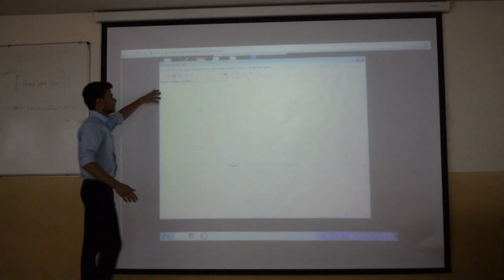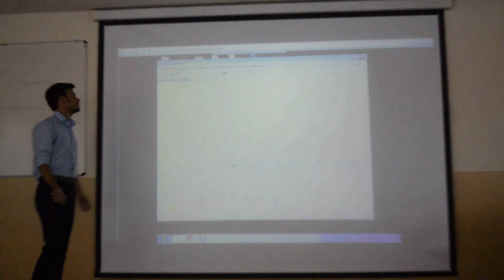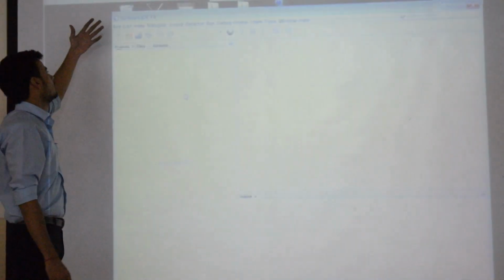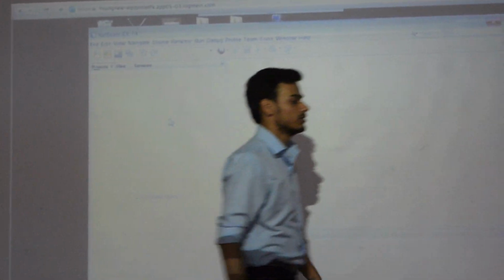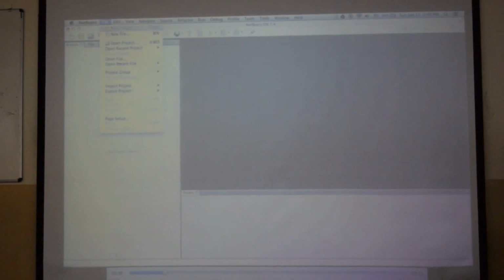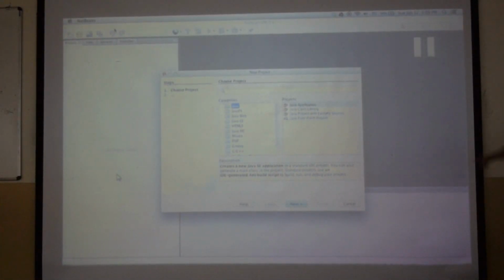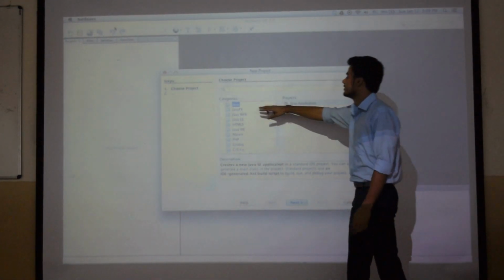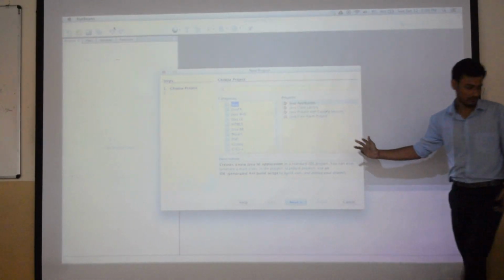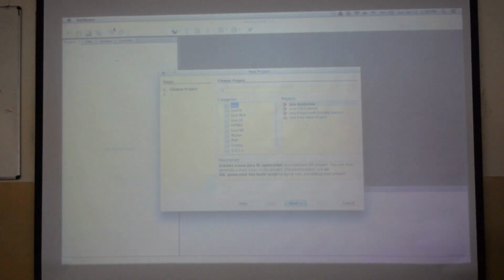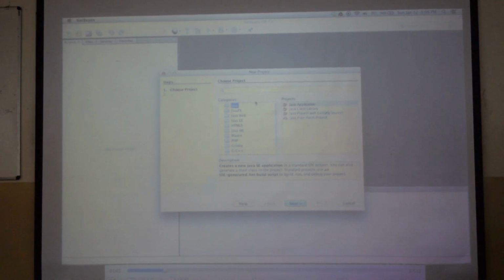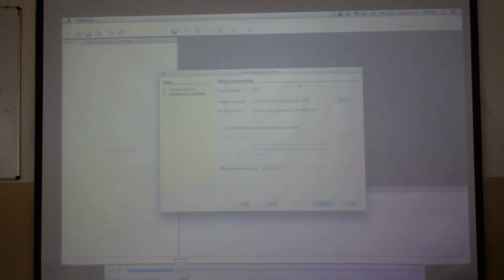This is NetBeans. Right now we are using NetBeans version 8.1. So we go into File and there will be a new project. This is a new project and we will select Java and then we keep on clicking next and enter the class name.